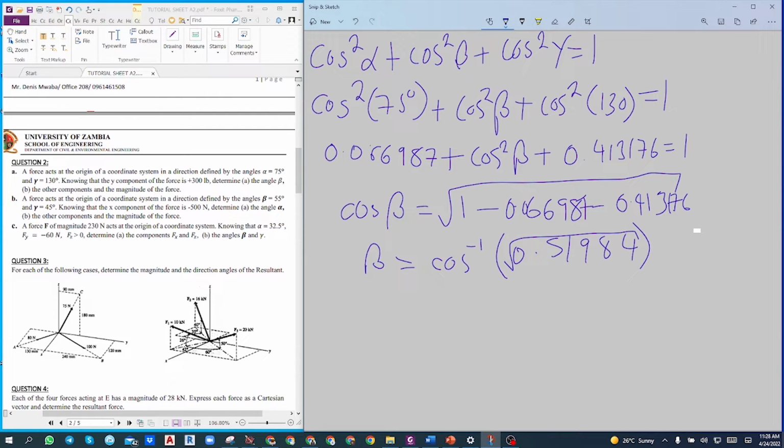We didn't do the square root there. So once we do the square root, then we should have something of beta. Beta is equal to plus or minus cos inverse of